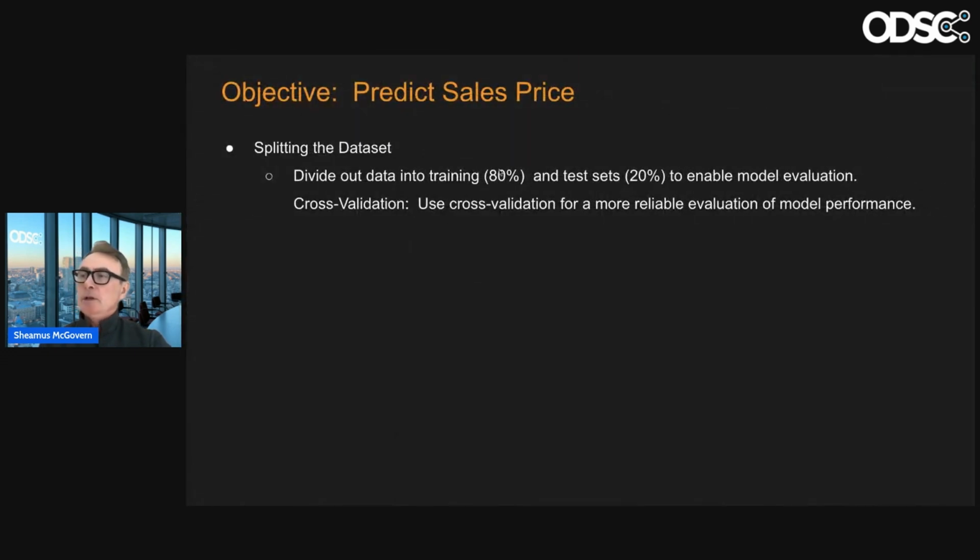So when you want to figure out how accurate your model is, there's a very, very simple trick. Let's say you have 1,000 rows of data and 80 potential features or columns. What you can do is hold back 20% of those rows. Let's call it 200 rows. And you build your model based on the other 800 rows.